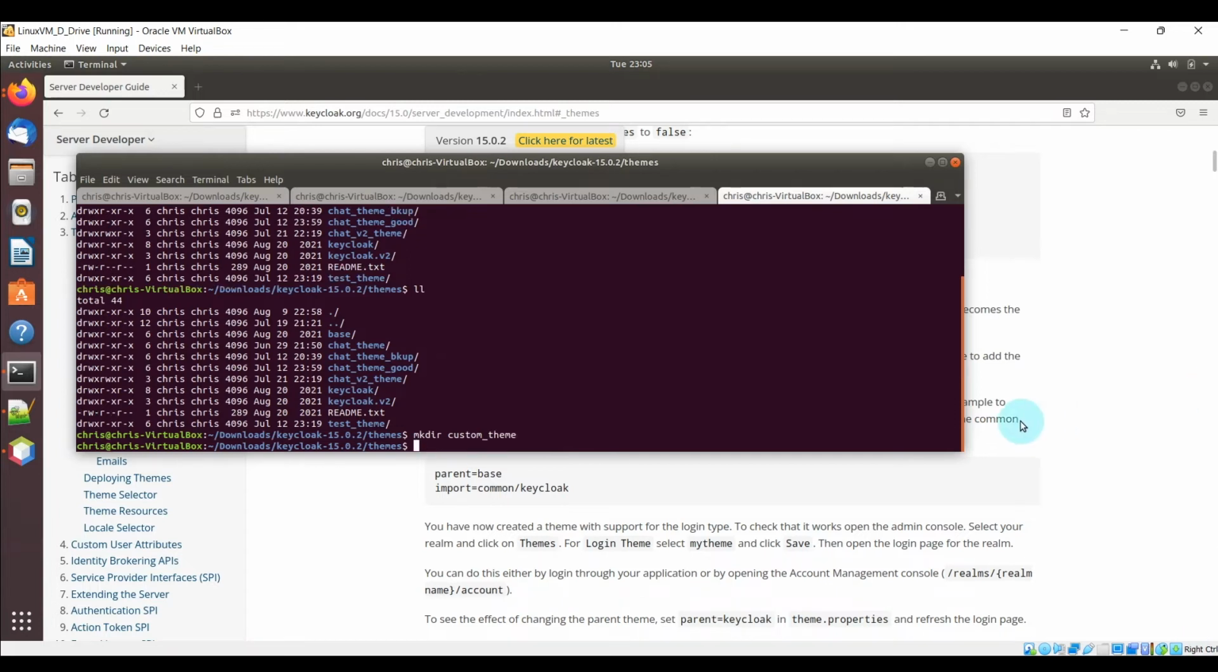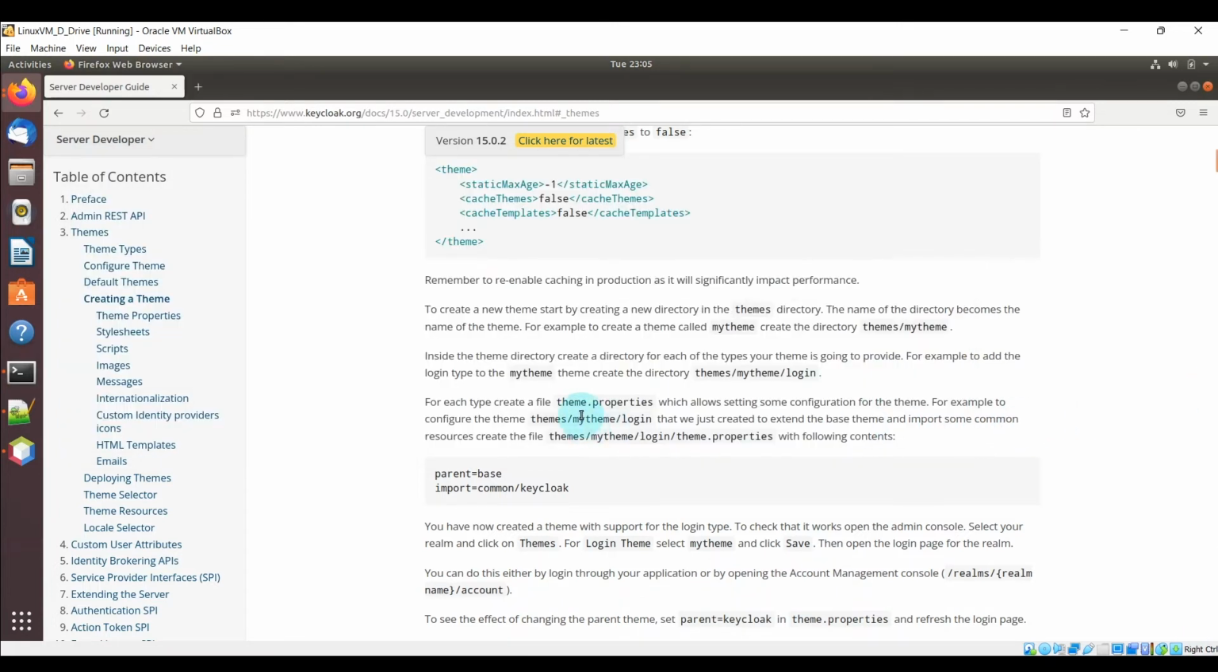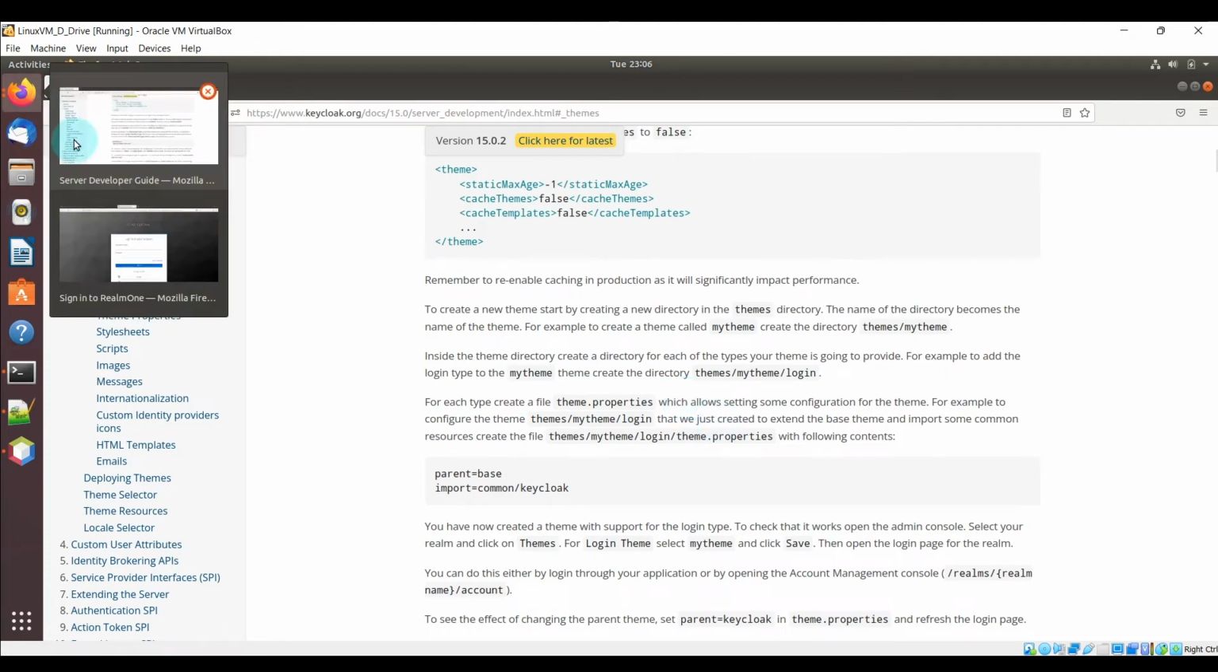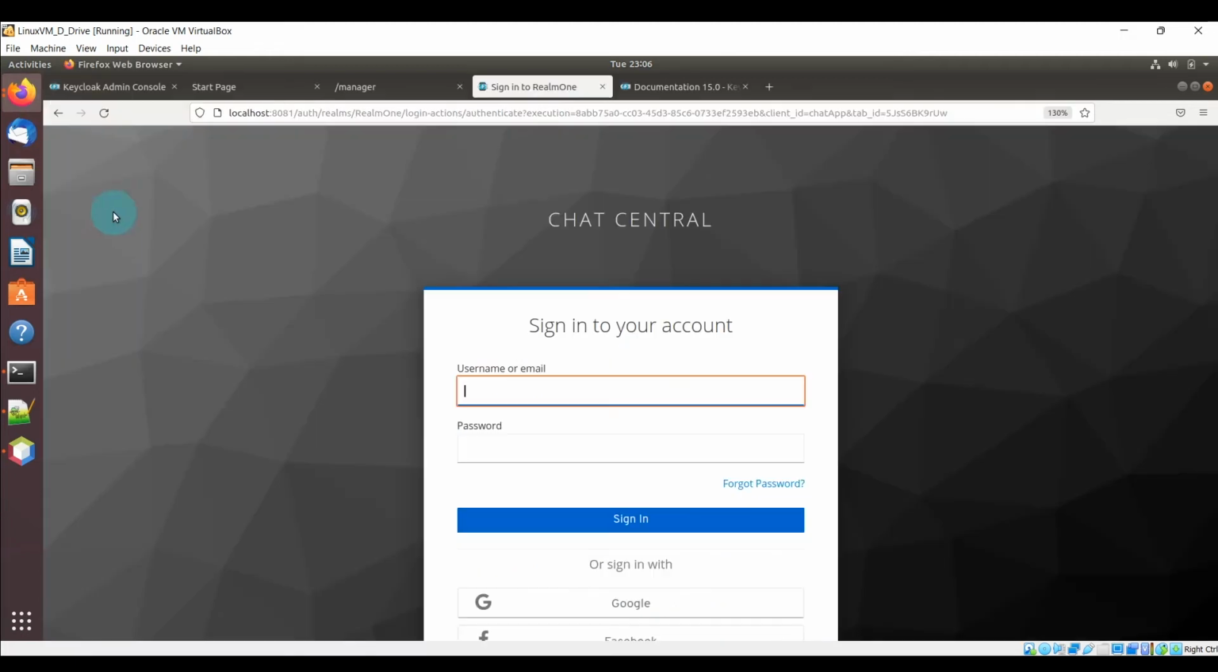And per the documentation, we do need to create another folder for each type of theme. What type means is essentially, if we're going to create a custom theme for the login page, for the account page, and other pages that there are. So if I go back over here,